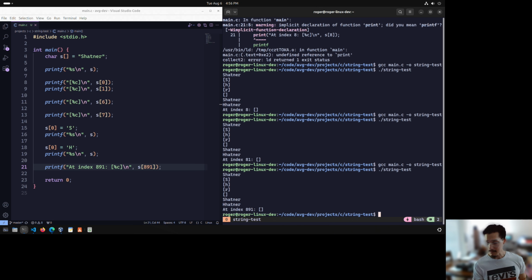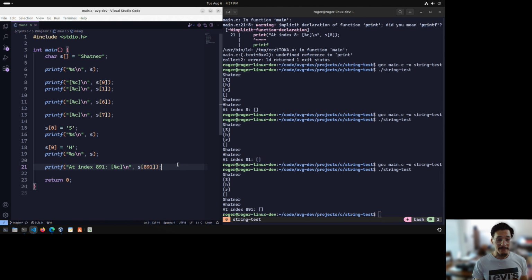Okay, looks like we can actually safely access things, or so we think. But what we're really doing is going out of bounds in memory to other places. It just so happens that there's nothing there, or there is something, it's just not visible, okay? So if we were to actually